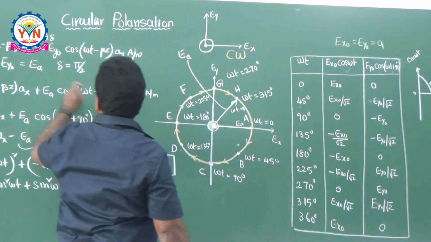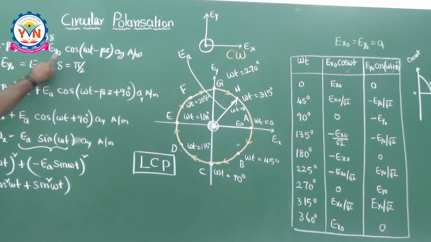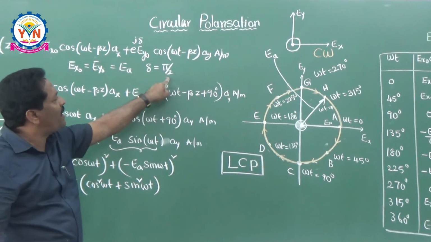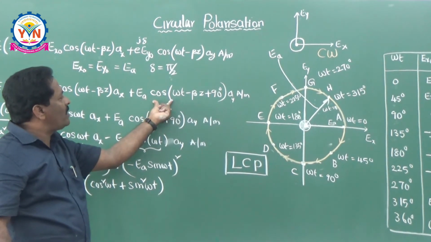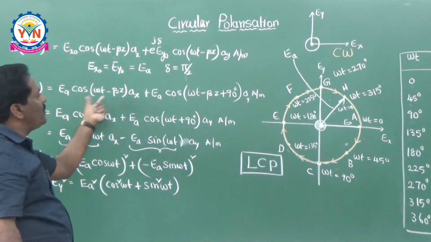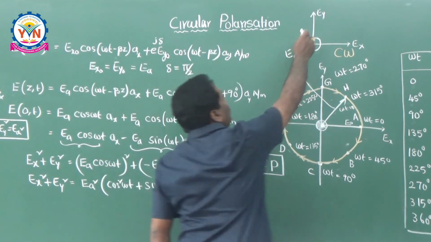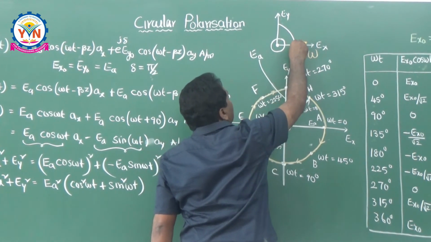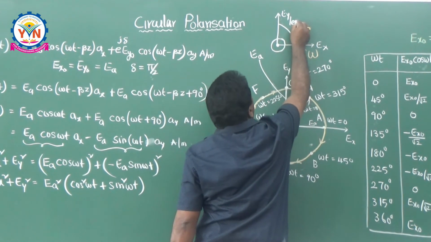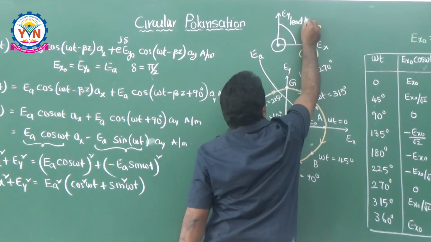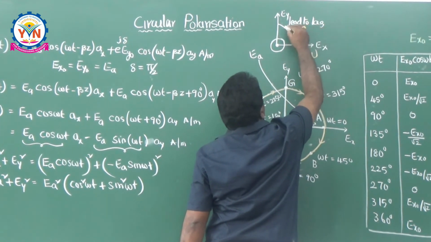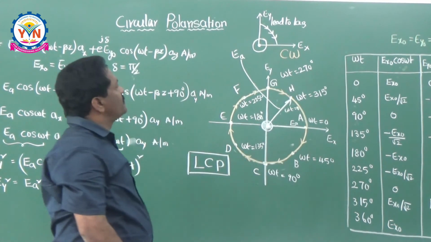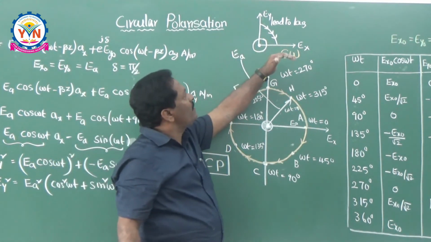Now, if you observe, the y component is leading the x component by 90 degrees, pi by 2. You see, this y component leads the x component by 90 degrees. That's why this is the y component. Then write down this electric field intensity variation. Lead to lag. This is leading. So lead to lag means it is like this. It is like this. So lead to lag is coming.